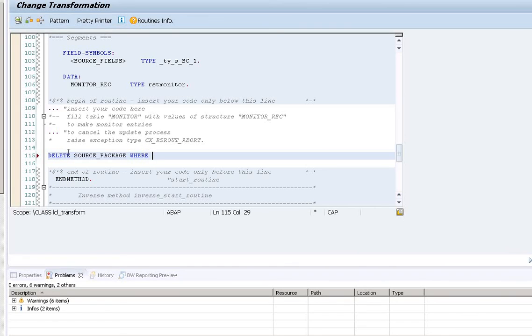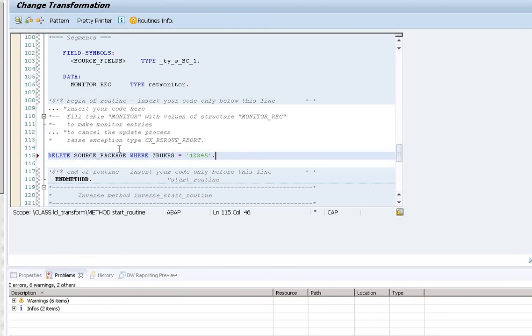where, suppose I'm giving a particular company code, suppose I want to delete, or any kind of fields that you want to manipulate here. So you can do this. Suppose 1 2 3 4 5. So this company code I want to delete from the source package.